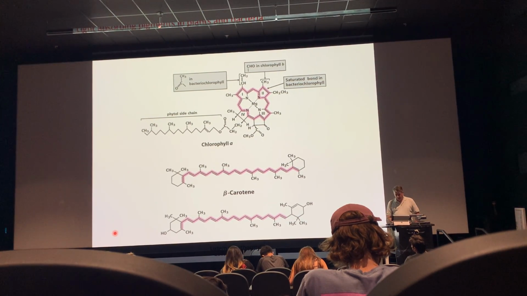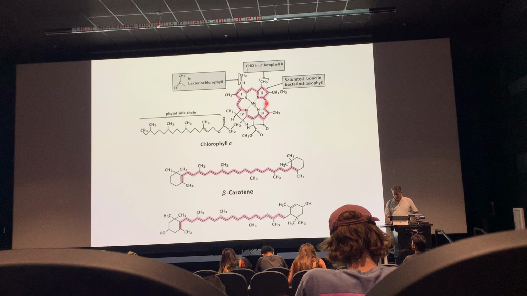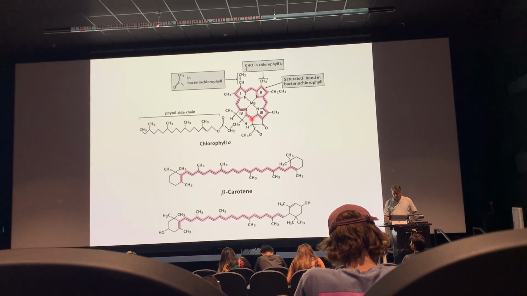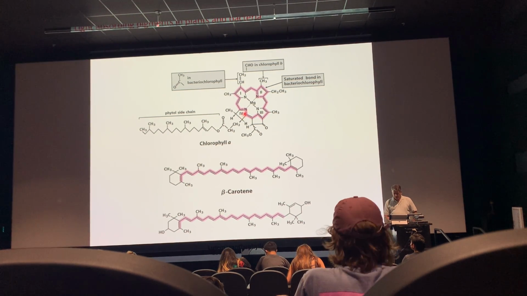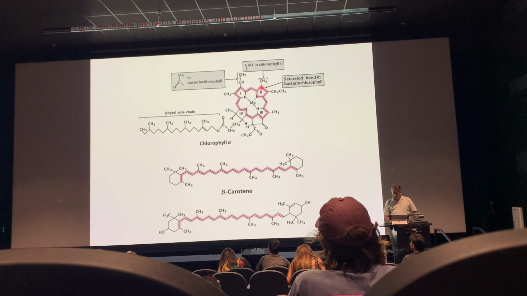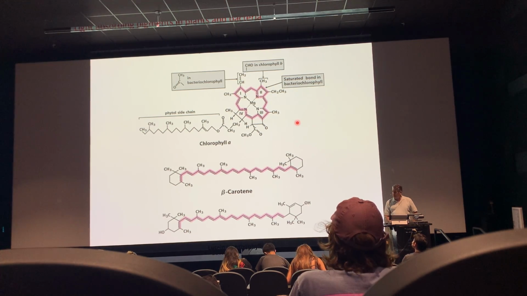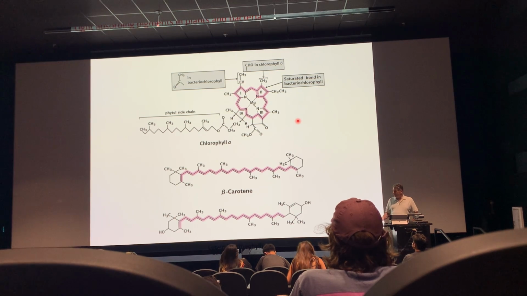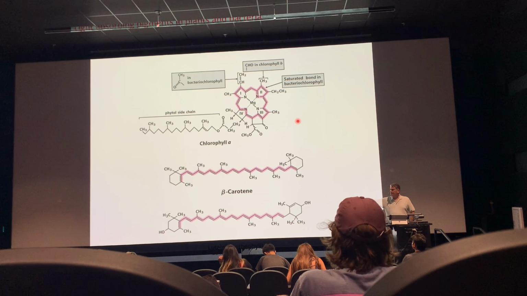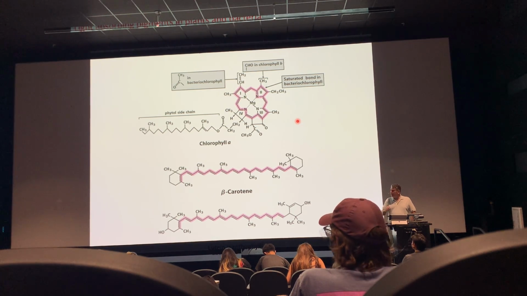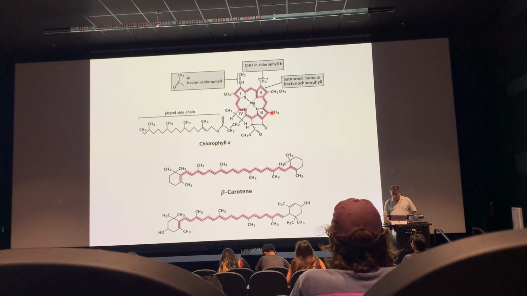Lehninger here has made in pink or magenta, they're identifying all the conjugated double bonds: single bond, double bond. With lots of conjugated double bonds, the rule of thumb in physics is that things that have lots of double bonds absorb light at higher wavelengths. Well, that's up in the visible range, not down in the ultraviolet. And so this thing is good at absorbing light